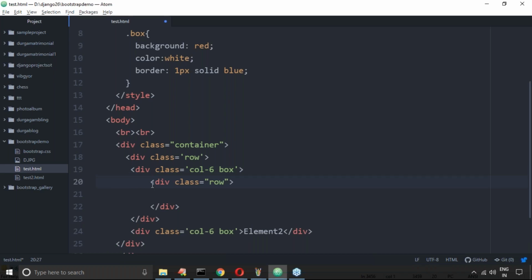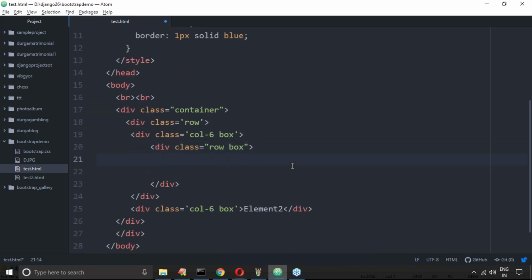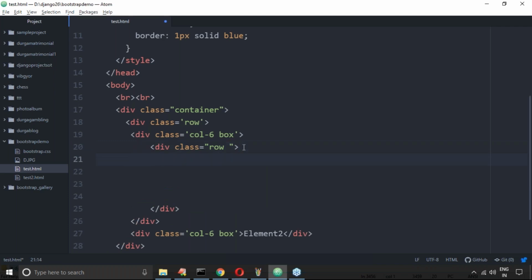Now I'm going to take something like another grid. Observe carefully. In this row, how many elements am I going to take here?